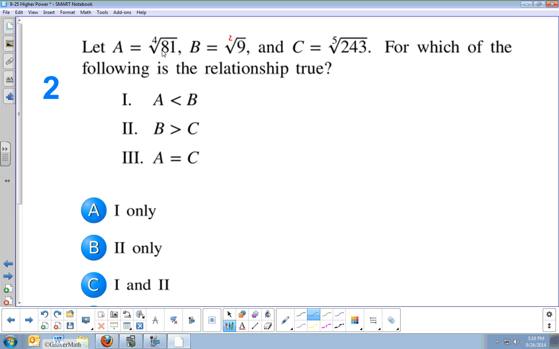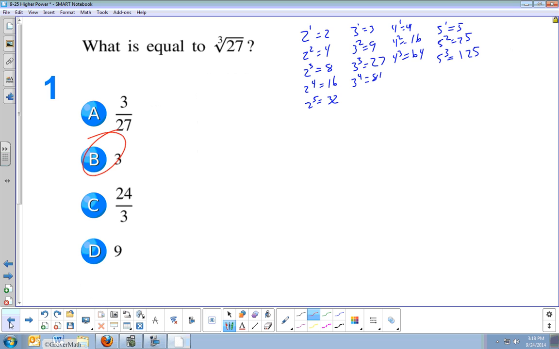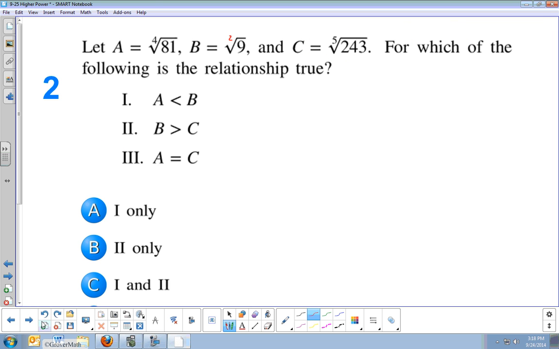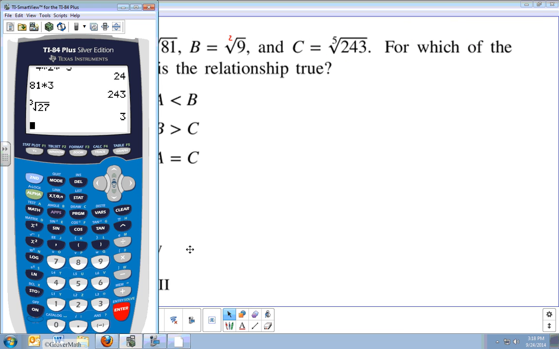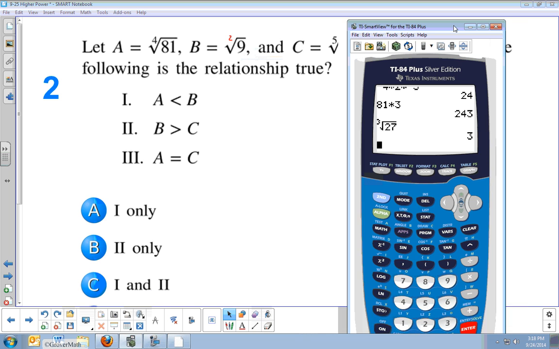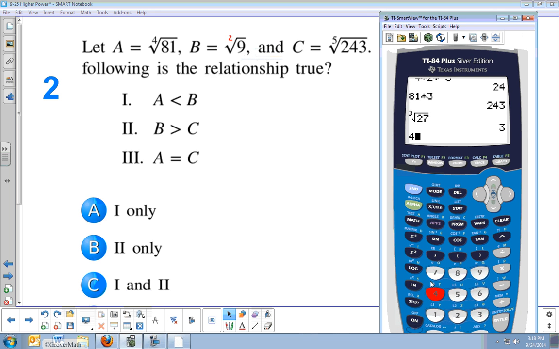Now the fourth root of 81, if you just kind of have it memorized, you would know that it's 3, but let's say that we don't. Let's type that into our calculator. Let's type all these into our calculator while we're at it. Let's see, the fourth root, so math 5 of 81